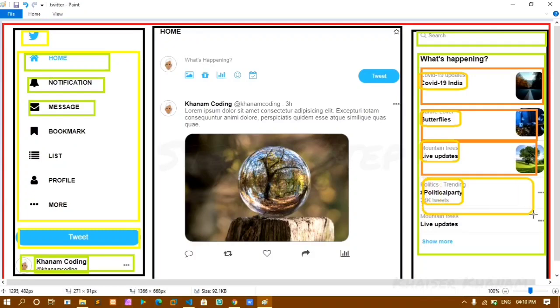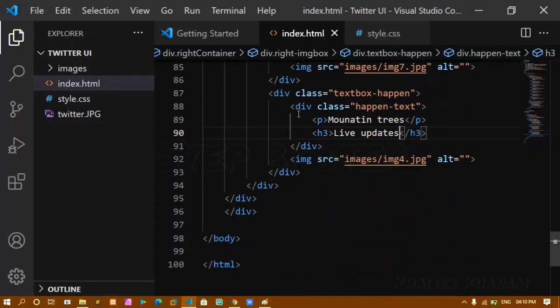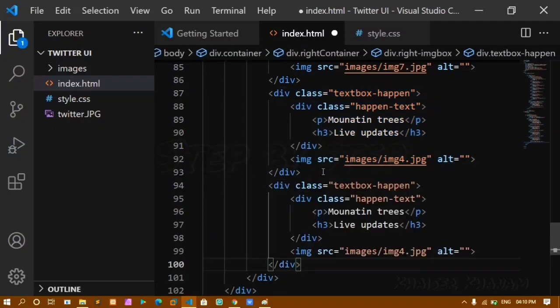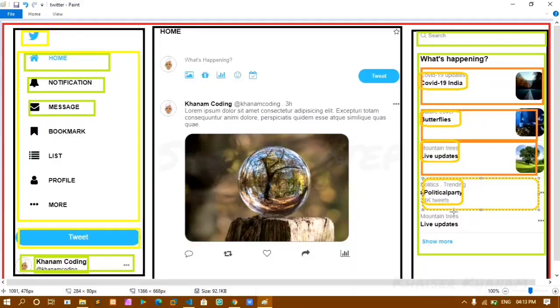Now next I have one more div, and inside this div I have this div and I have this icon here. So I'll just come here and below this div I'll just copy this one and I'll paste it here. And for that div, first I'll change my paragraph. I'll just give my text here, politics trending.